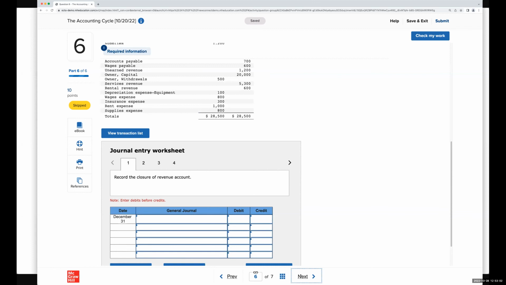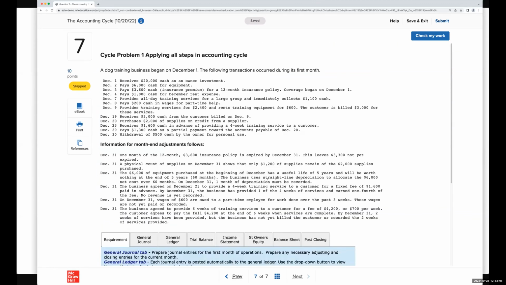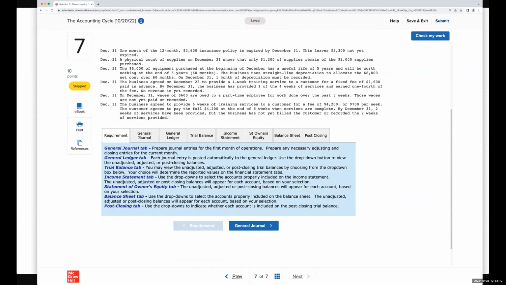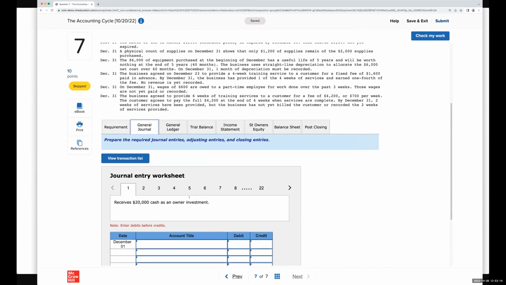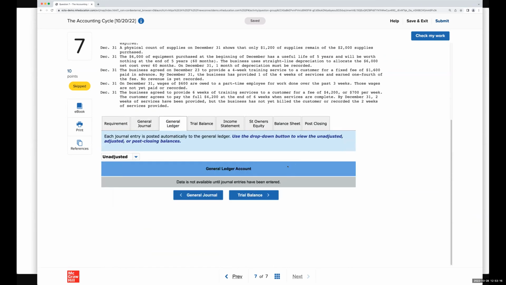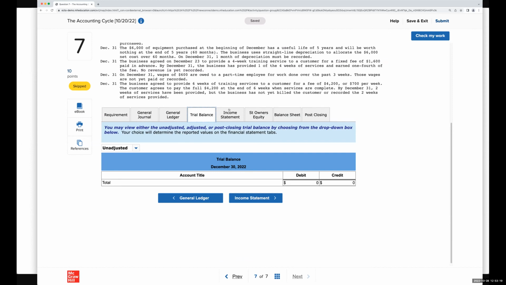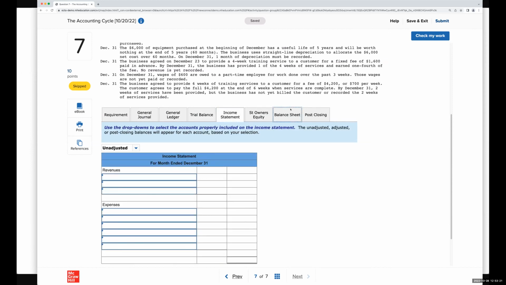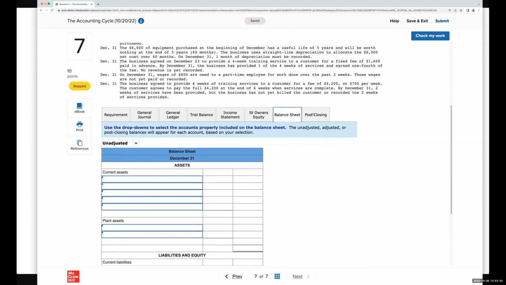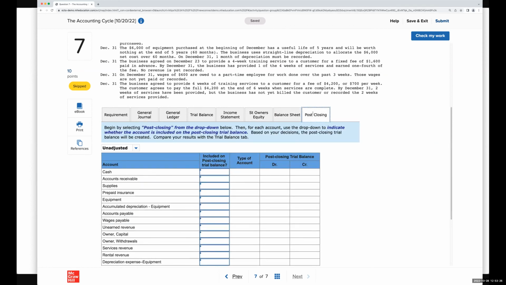Now at the end, we have a comprehensive problem that covers all the steps in the accounting cycle. There are about 15 different transactions and adjustments. They do each of those, which then automatically fills into their general ledger, which they use to prepare their trial balance, then their income statement, all the way through to the balance sheet, do their closing entries, and then their post-closing trial balance. That's an optional, comprehensive cap to the accounting cycle review. With that, I'll turn it back over.